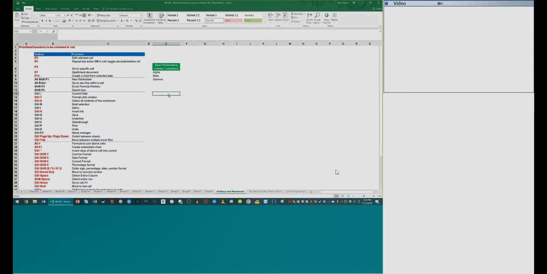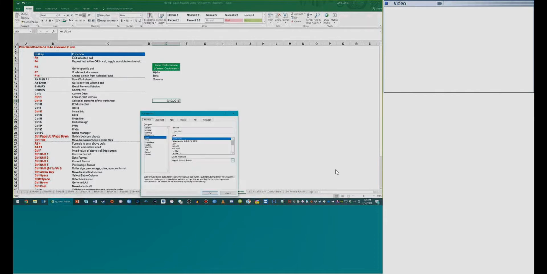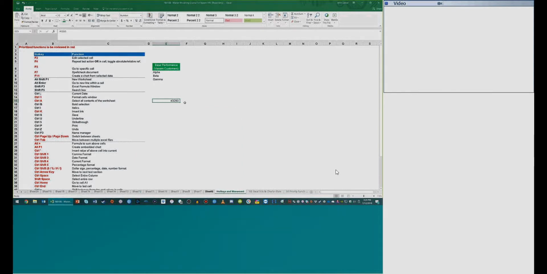to formatting, right? So these all link to Control and a key for different things. So Control semicolon will give you the current date. Now, I should take a moment to also say, you may not know this, but in Excel, every value in Excel has a numerical value. So if I take this date and I change it to the numerical value, you'll see that it's